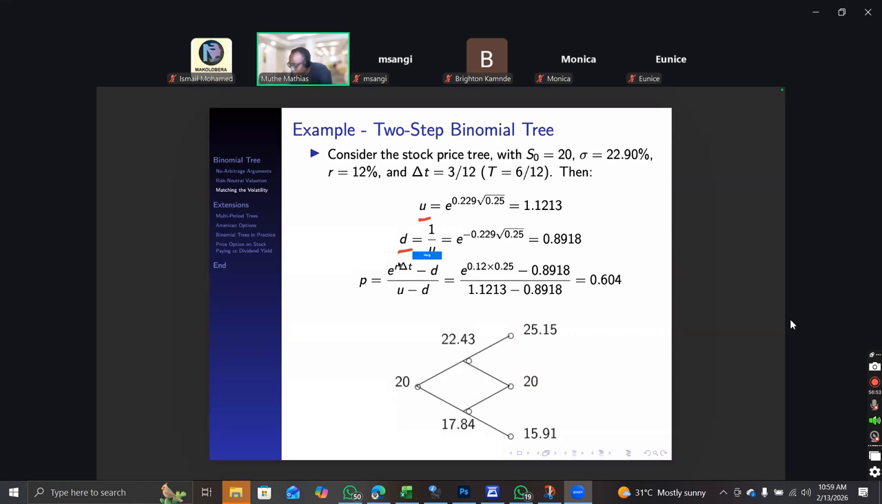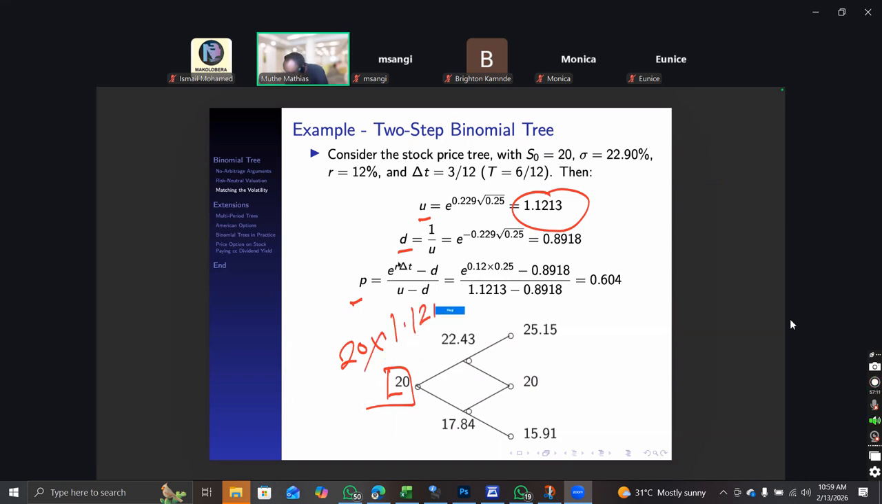We can estimate the probabilities because we need this in order to find the value of the option. If you start with the price, which is 20 here, you can see the up factor is this one here. So if I take 20 multiplied by this up factor,